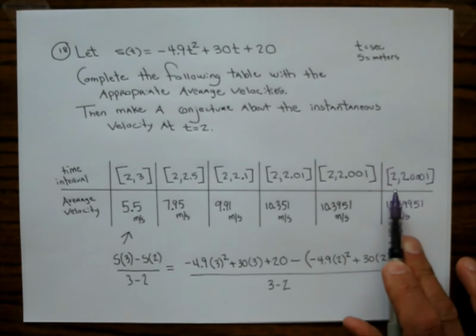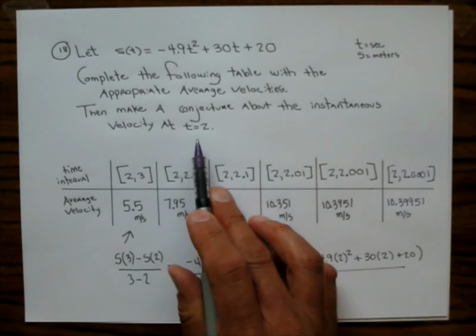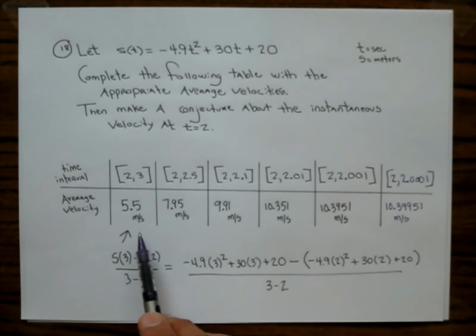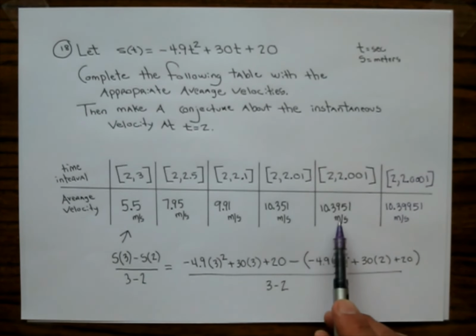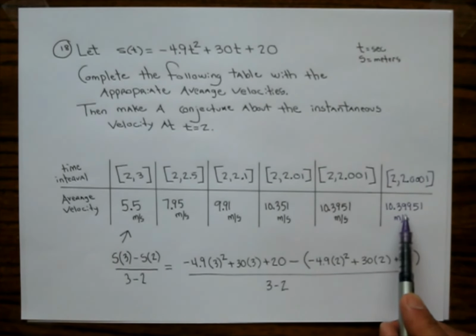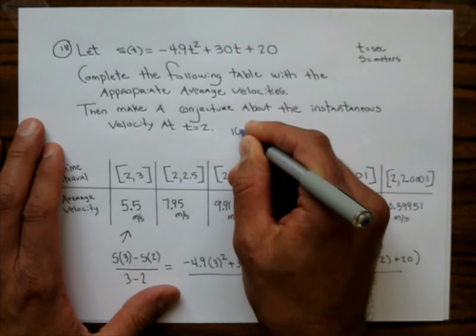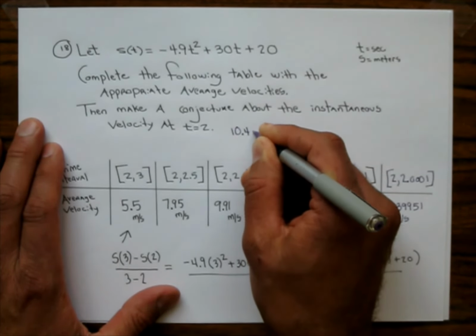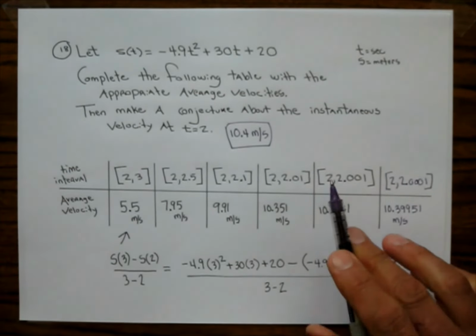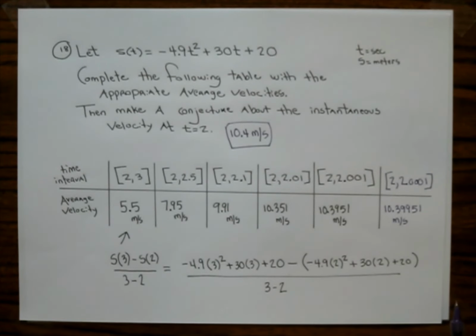So look at how this time interval is getting closer and closer and closer to from 2 to almost 2. Okay, so that's what we're doing. We're looking at the velocity at 2. So what guess would we take if we are taking the limit? That's what limit means. We're seeing where these guys are getting closer and closer to. Well, it looks like it's going to be 10.3, probably if you kept going it would be like 10.3999999. So probably the limit is 10.4 meters per second